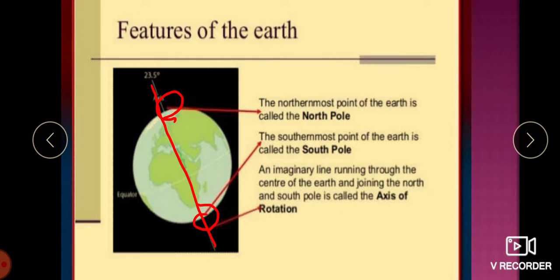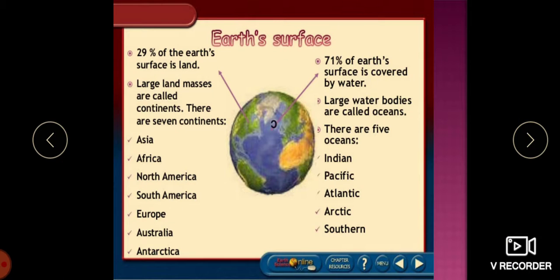Fourthly, it also helps us to understand the rotation of the earth. It is a simple teaching-learning aid where we can keep it on the table and rotate it. It helps us to learn about different geographical concepts.